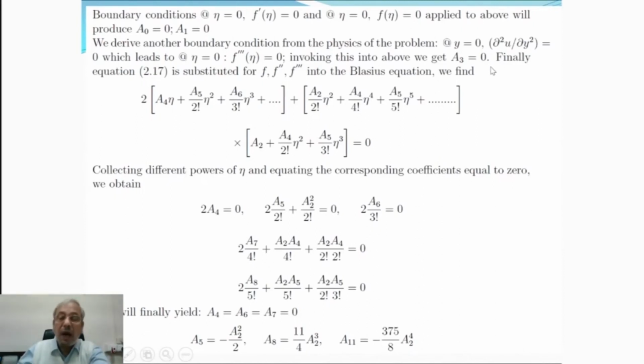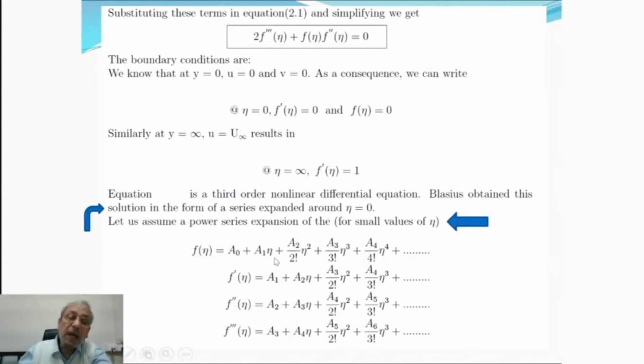Now having found a0 equal to 0, a1 equal to 0, a3 equal to 0, in the expression for f, f prime, f double prime and f triple prime, we implement that. And then after substituting a0 equal to 0, a1 equal to 0, a3 equal to 0,